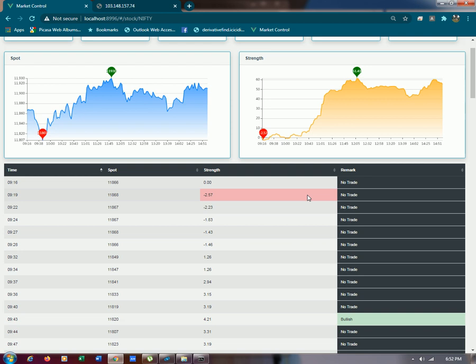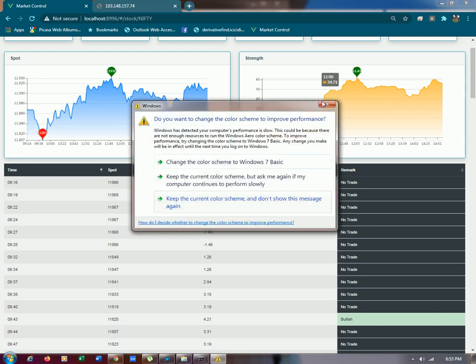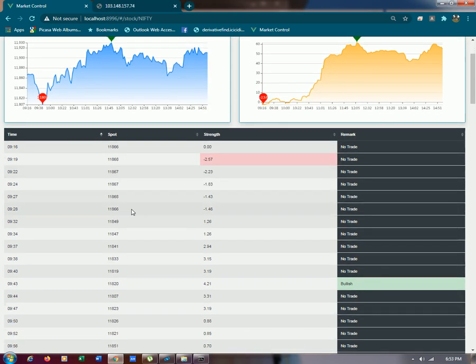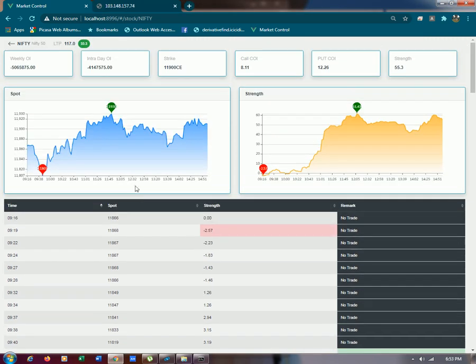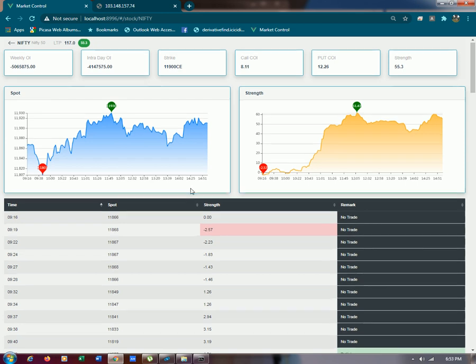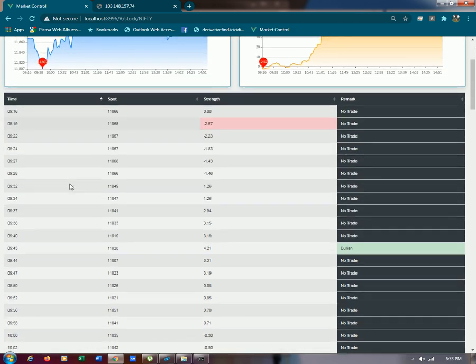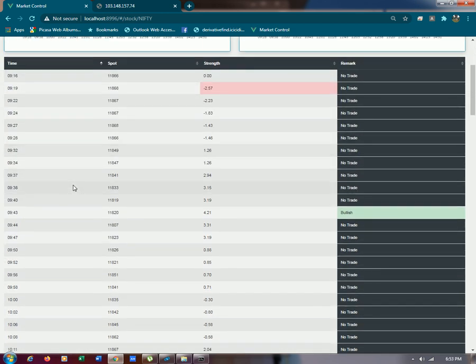And an aggressive trader can initiate short positions by keeping the day high as stop loss. And while entering this first trade, that is the long trade, you have to keep the stop loss of 11,807 and ride the bull trade. So this is the way of using the two charts here.